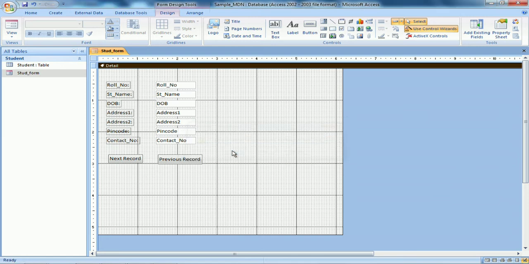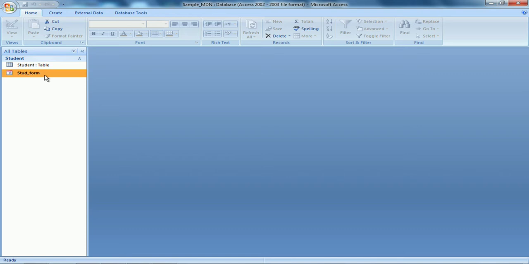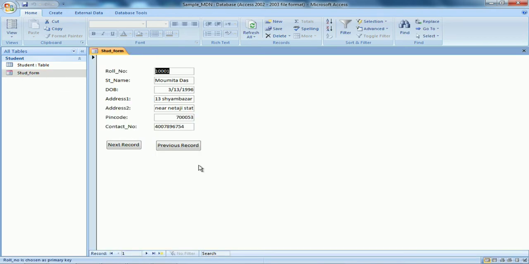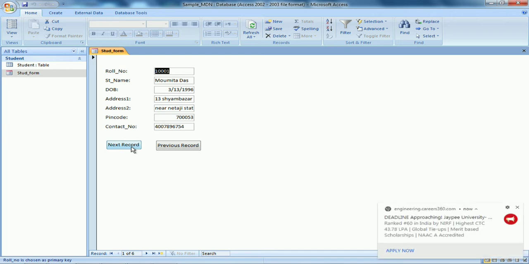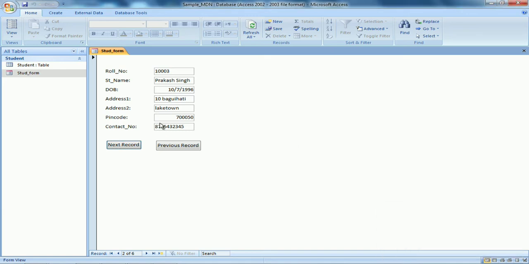So now let's save this form. Do you want to save the changes to the design? Yes. Double click. Now you see, previously when I had only designed the form without a button, there were only the form details shown here. Now I have placed 2 buttons. I have not written any program, I have just used some pre-written programs placed inside MS Access, and I have placed them on the form.